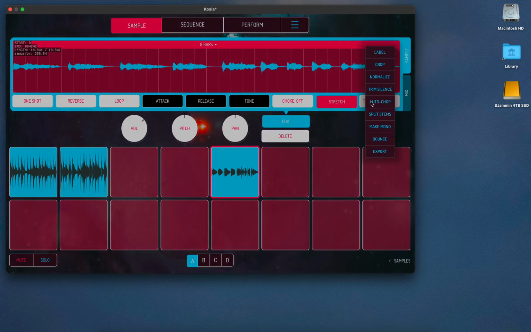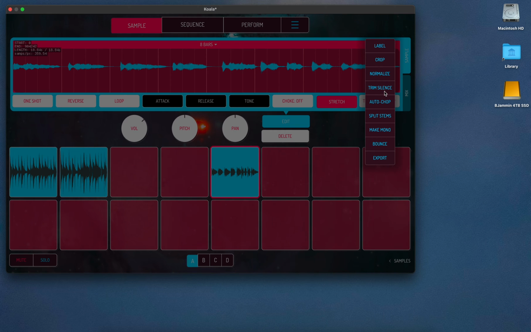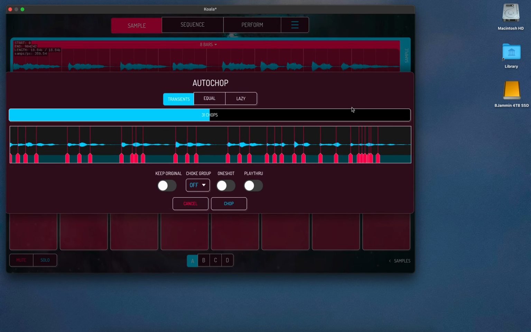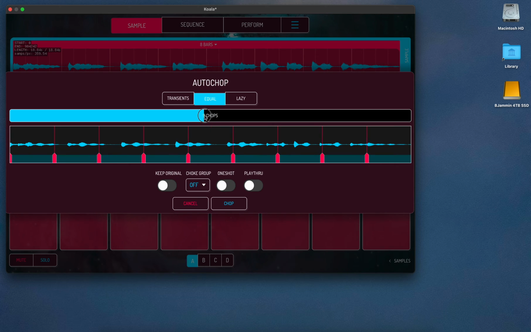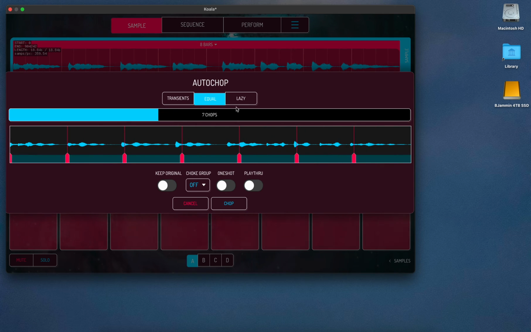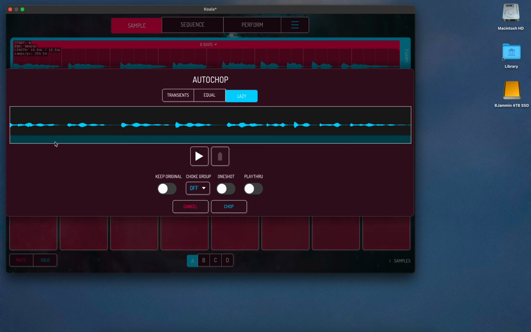But the good thing about Koala, if you've used it before, is that you have auto chop. So you could do equal or however you want to do it, and you could chop the pieces if you wanted to. The other option I would use is lazy chop in a situation maybe like this, where you want to specifically chop